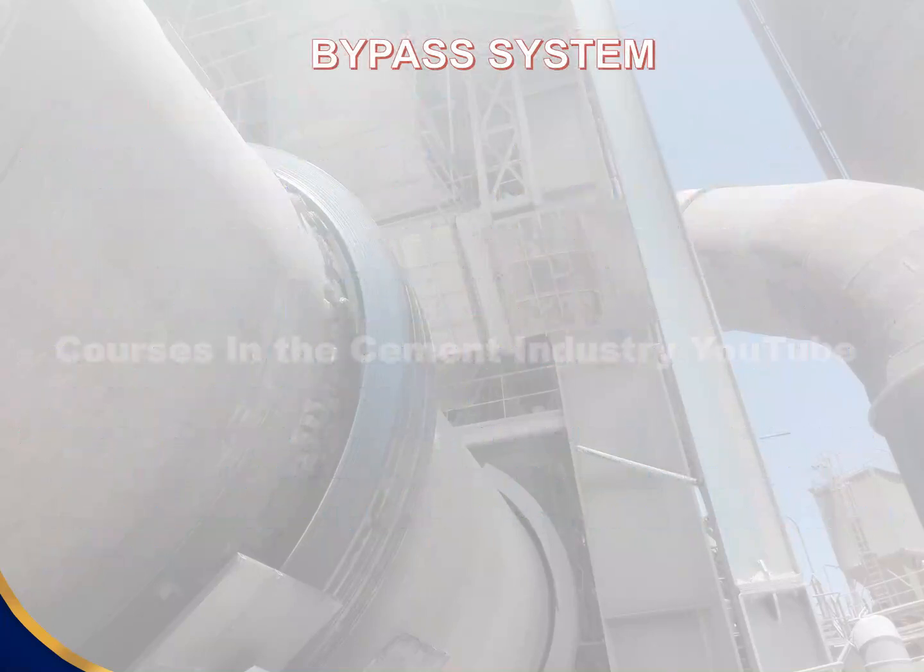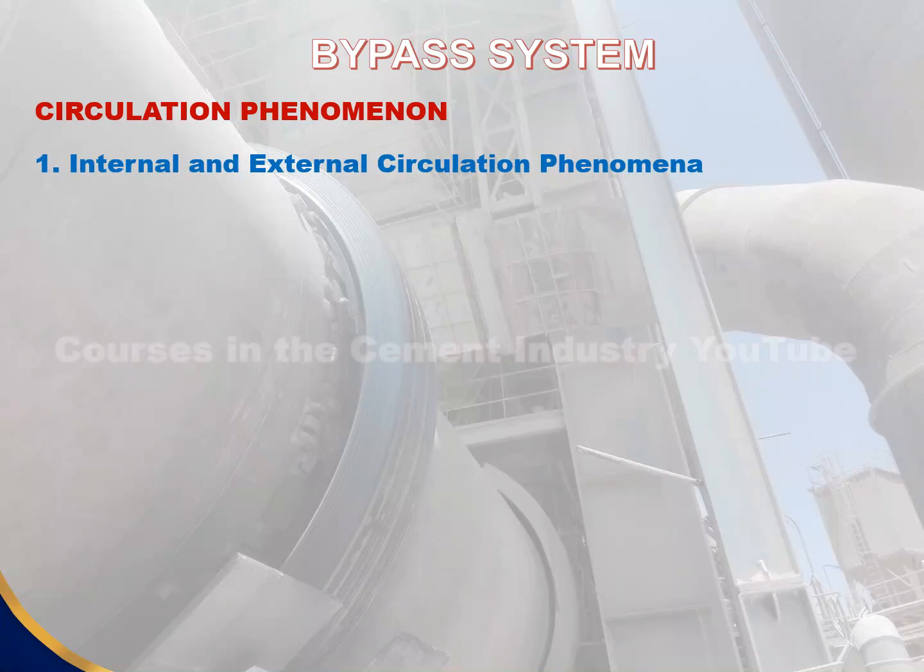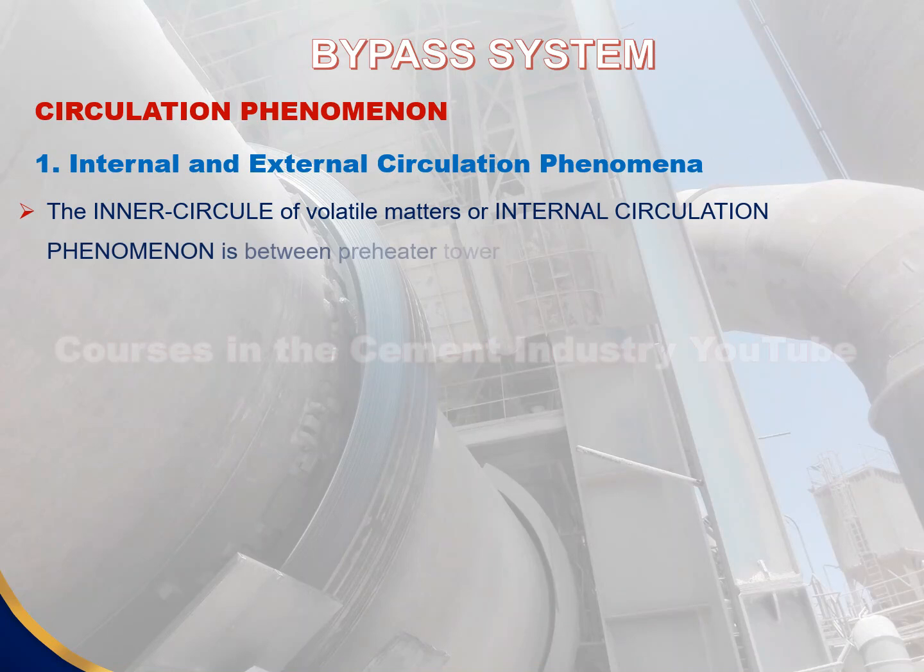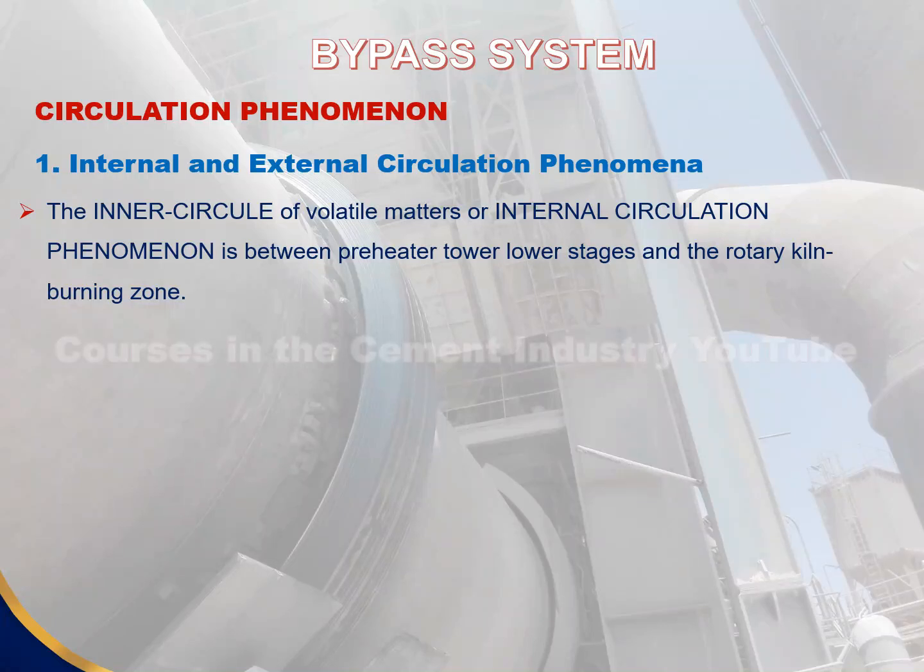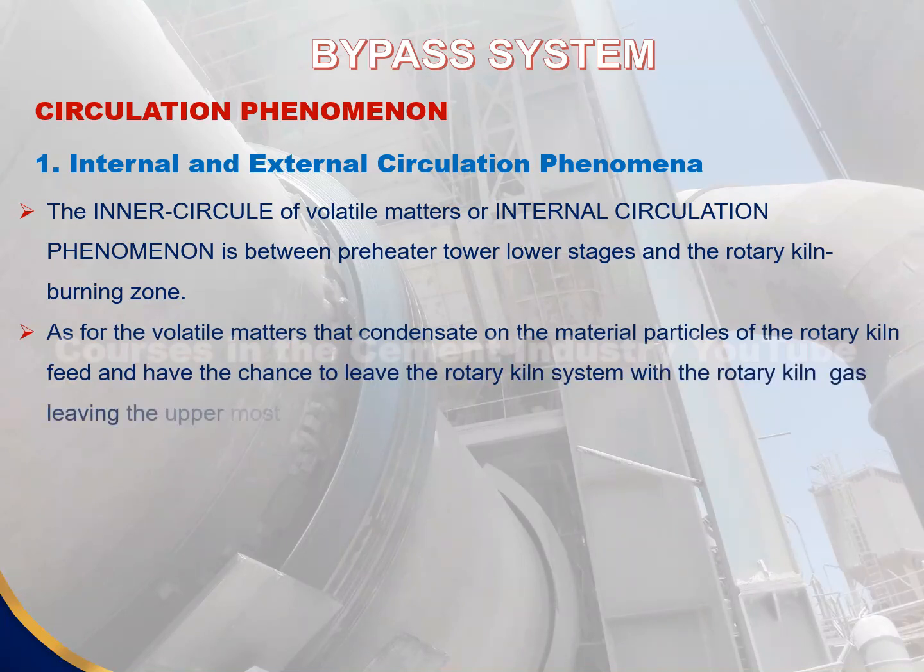Circulation phenomenon, part 1: internal and external circulation phenomena. The inner circle of volatile matters, or internal circulation phenomenon, is between the preheater tower lower stages and the rotary kiln burning zone. As for the volatile matters that condense on the material particles of the rotary kiln feed and have the chance to leave the rotary kiln system with the rotary kiln gas leaving the uppermost cyclones, they precipitate in the